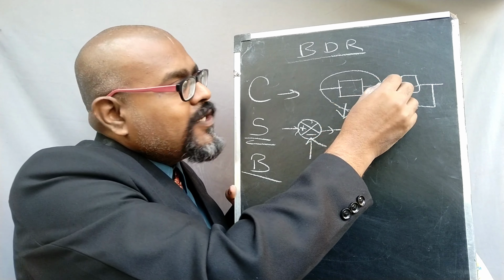The next thing is the branch point. The branch point can be represented, for example, if the element is like this, this is the summing point, this is the feedback loop, this is the forward path. Of course, we know that. This is the forward path. Once the signal travels in the forward path and meets again, forming a loop, that is called a feedback loop. If in case there is any other system joined like this,